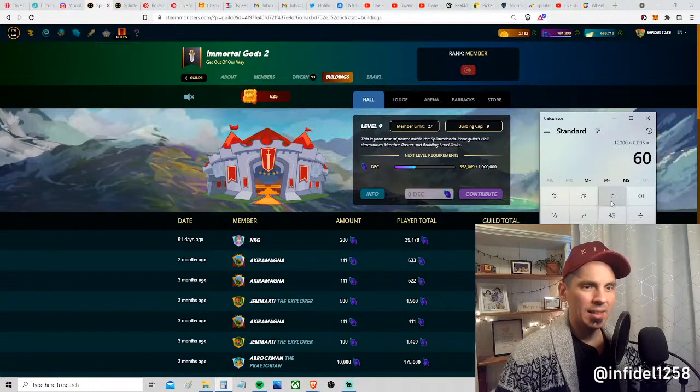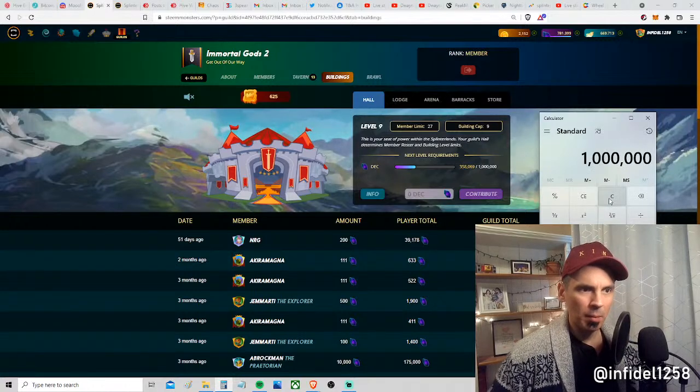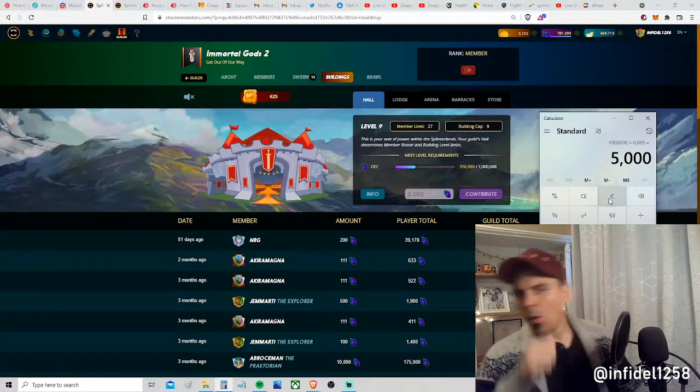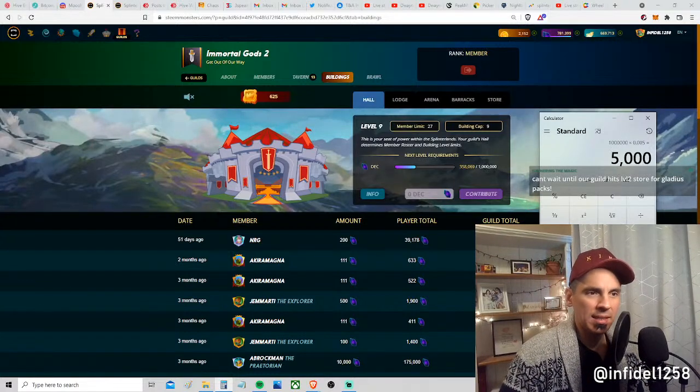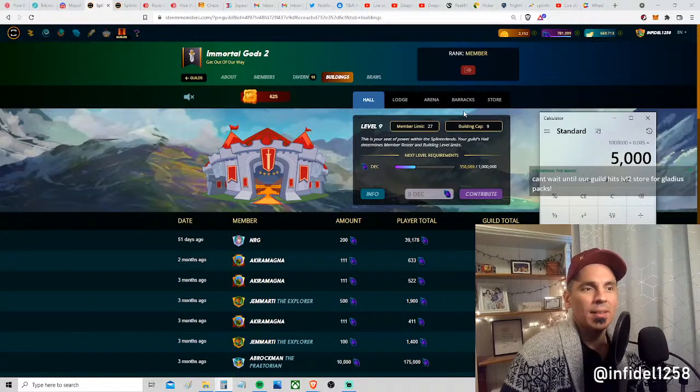Level 9, look at this. $1 million DEC times, it would cost $5,000 to upgrade this thing from this one level. And that's just crazy, right? But that's the way it's been.